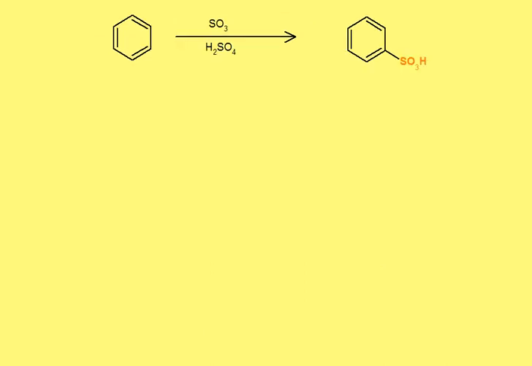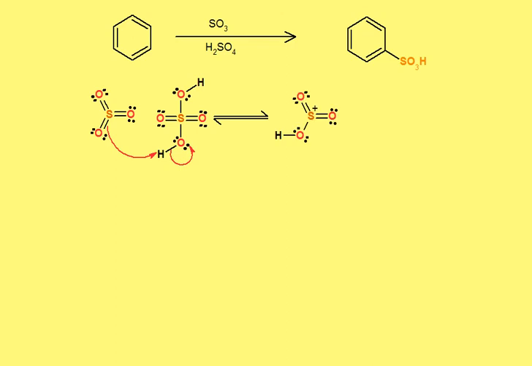So our last reaction of the day, the sulfonation. Again, we'd like to have a better electrophile, so we need to make that magic happen. So we'll take some sulfur trioxide together with sulfuric acid, and the sulfur trioxide can pick up a proton, and it leaves us with a central sulfur atom which is positively charged, electron needy, and therefore a better electrophile. We bring in the aromatic benzene,